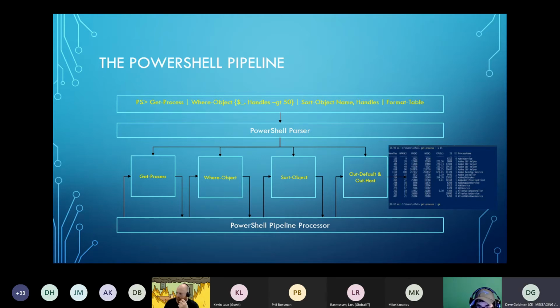The formatting engine first looks to see if there's a predefined view associated with the object. I'm going to show you that in a little bit. For system process or get service or anything that has to do with operating system commandlets, the PowerShell team has created a default view, which you kind of saw before for get process, where it's only showing you handles and working set, ID, process name.